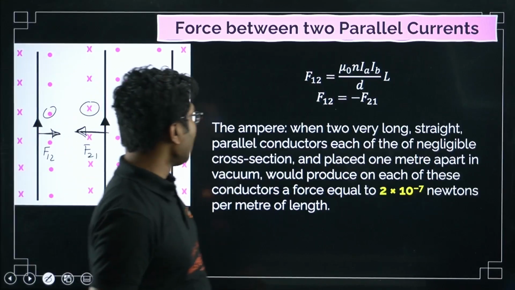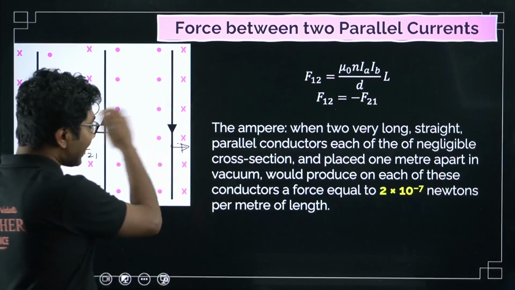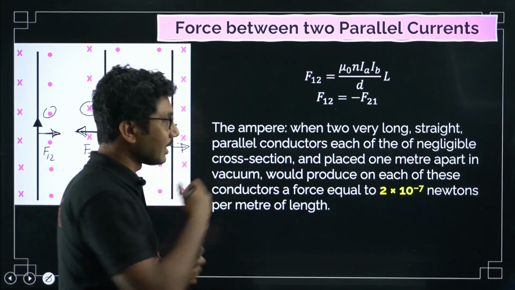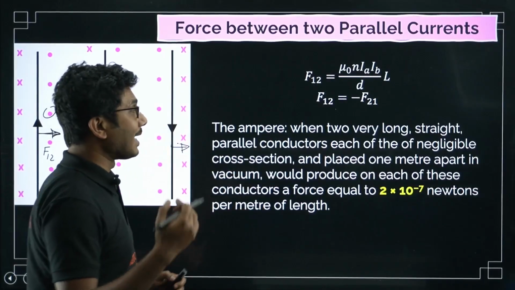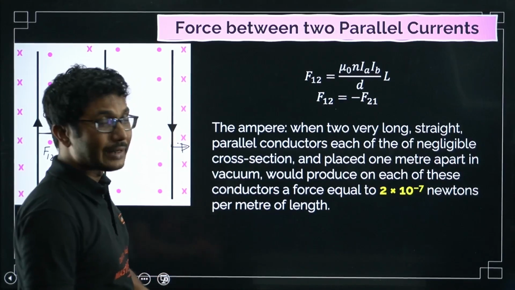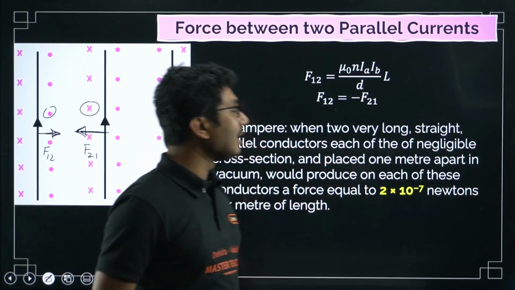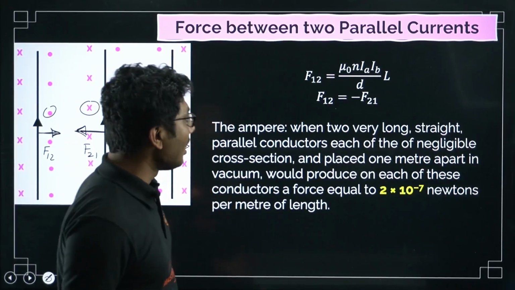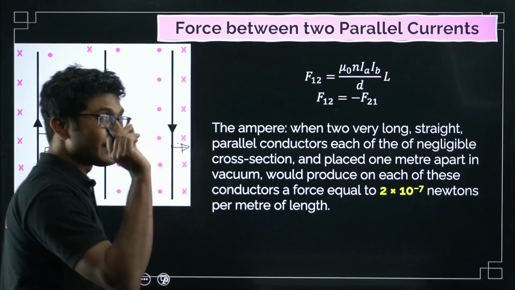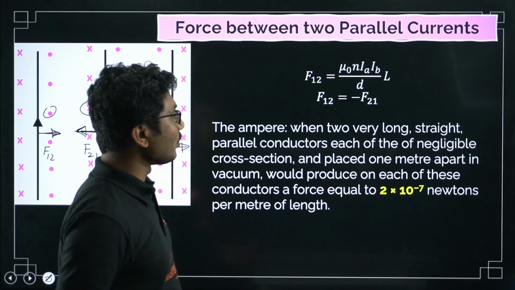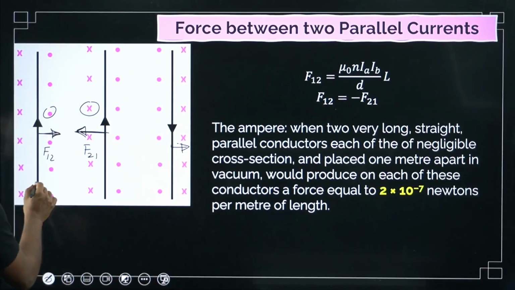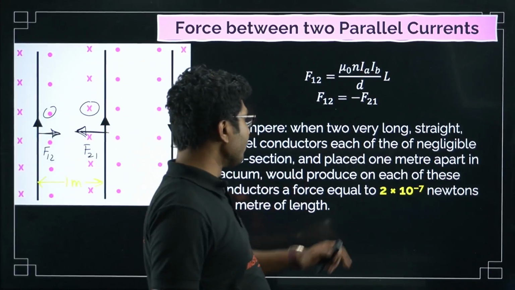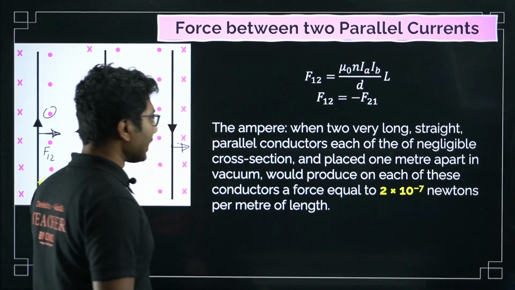Now let's move on. The ampere. From here you can define the ampere. The definition itself is not super important, but the concepts coming from this part are important. How can you define the ampere? When two very long, straight, parallel current carrying wires, each of negligible cross section, that means very, very thin, are placed 1 meter apart, so the distance between them is 1 meter, and would produce on each of these conductors a force